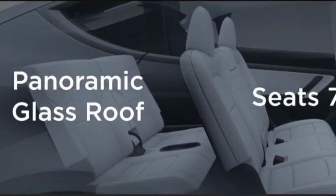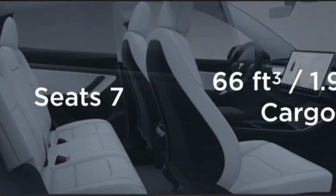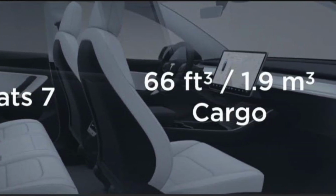The third row option. Now, Elon's been talking about this for 2 years, and then certainly a year with the launch of the Model Y, saying that a third row is going to be available. It's hinted at becoming available in November. Now, we're almost near the end of November right now, so you push into December maybe that it's there. There's already schematics about it. They've already talked about it. They've sent it out there. I really don't think a reasonably sized human would be able to fit back there, but